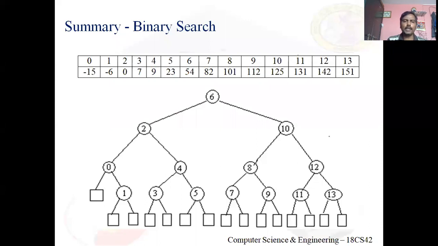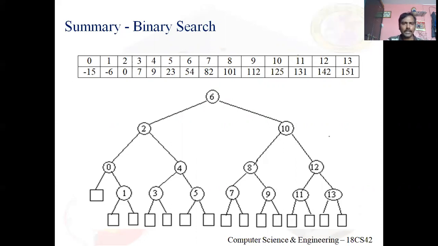First, you construct a binary decision tree as shown in the slide. The question consists only of that array; this is the solution part. So first, you construct the binary decision tree. In the given array, the low index is 0 and the high index is 13. So what is the mid? (0 plus 13) by 2, that is 6.5. We'll take 6.